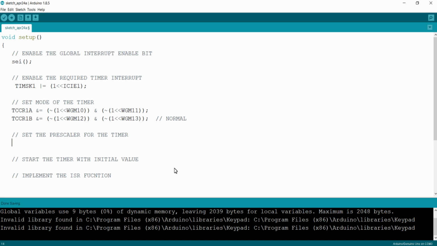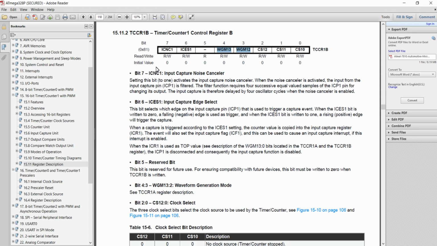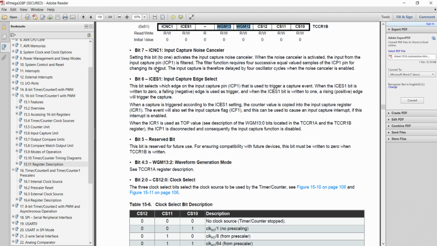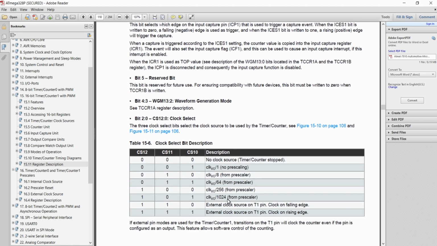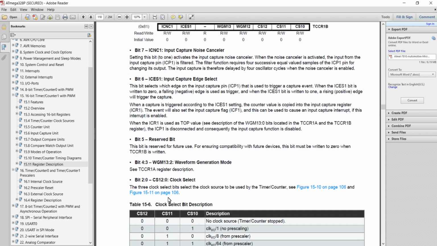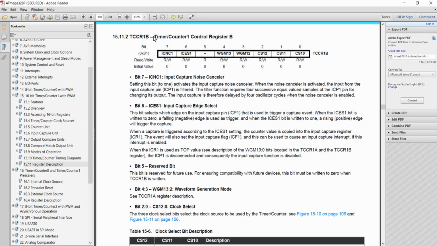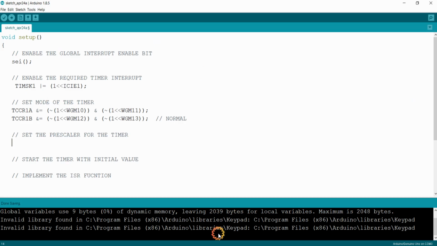And we want to set the prescaler for the timer, as we did in the previous timer interrupt and timer output compare lectures. We are going to set the prescaler to 1024. That is, I am setting CS12 and CS10 and clearing CS11. These three bits are available in the TCCR1B register.